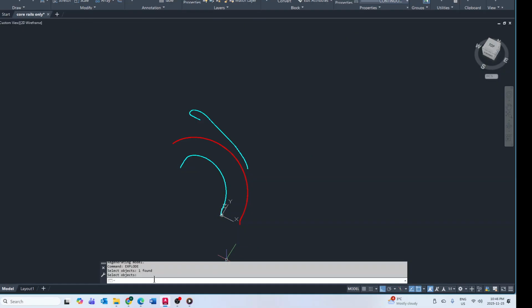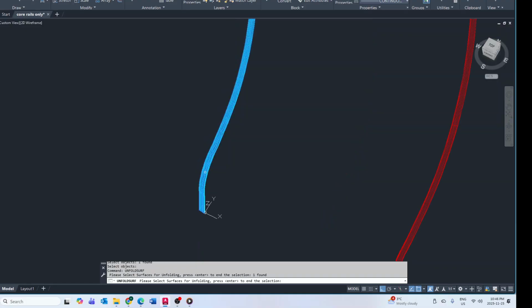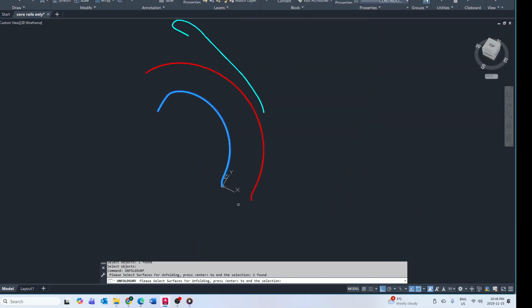You have to download the plugin from our website, and then load it into AutoCAD. Use the upload to load the plugin into AutoCAD, and you have the command called unfold surf. So you hit enter, and then you need to select the surface here. This is a simple surface. Click here, and then